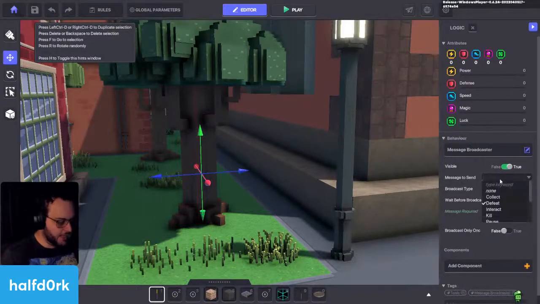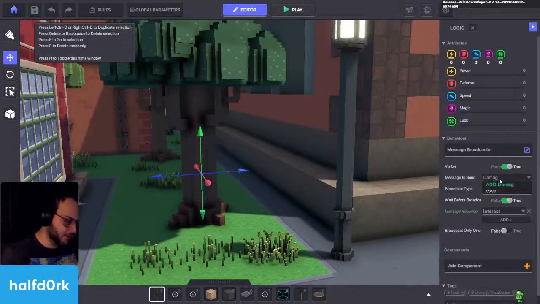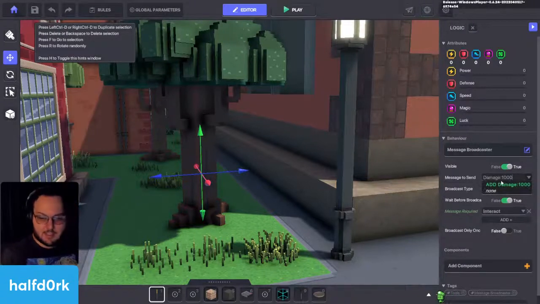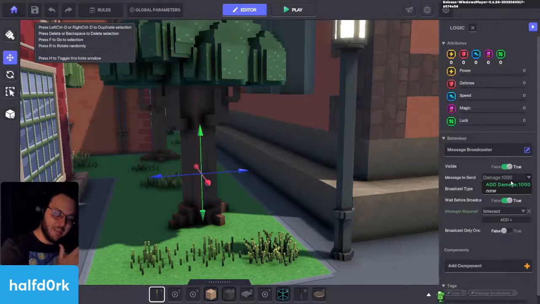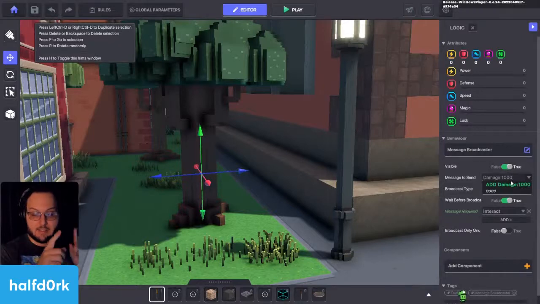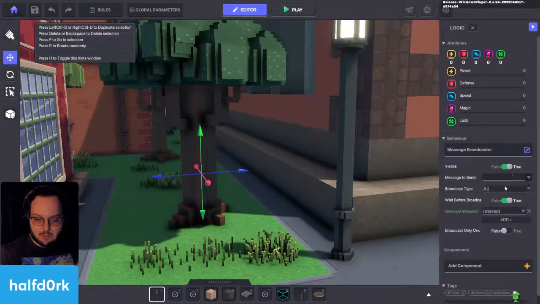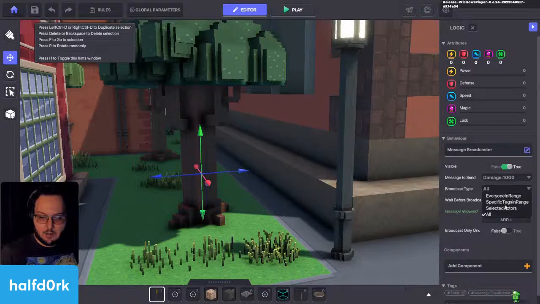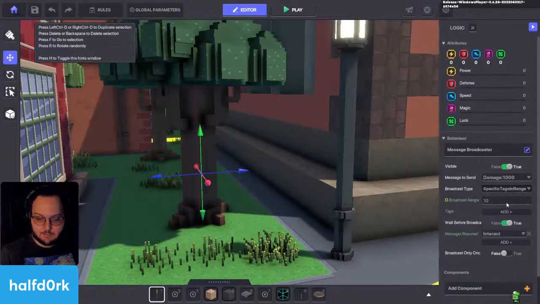I don't think that's what we want. I think if the cat falls off the building, it needs to take damage. That's what'll trigger this series of events. So we'll do damage 1000. This is a unique thing to keep in mind if you ever want to deal damage to an asset outside of hitting them. You can deal damage by using this message format. It's called damage number. So we'll do damage 1000 to our specific tag. So the tag is going to be the cat,